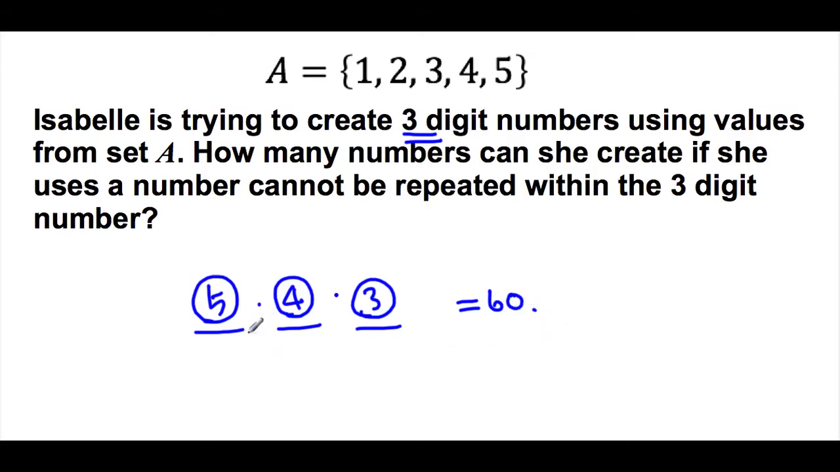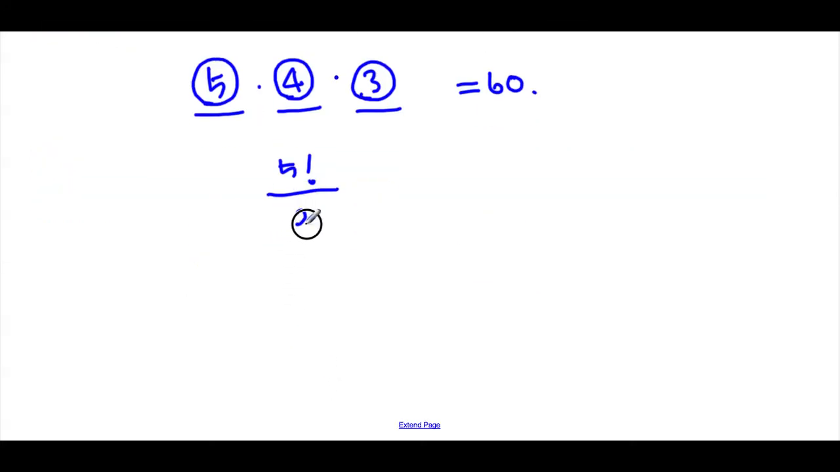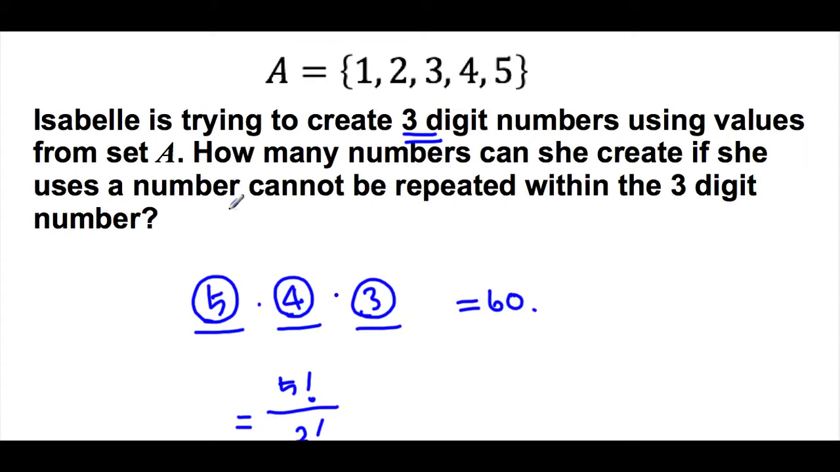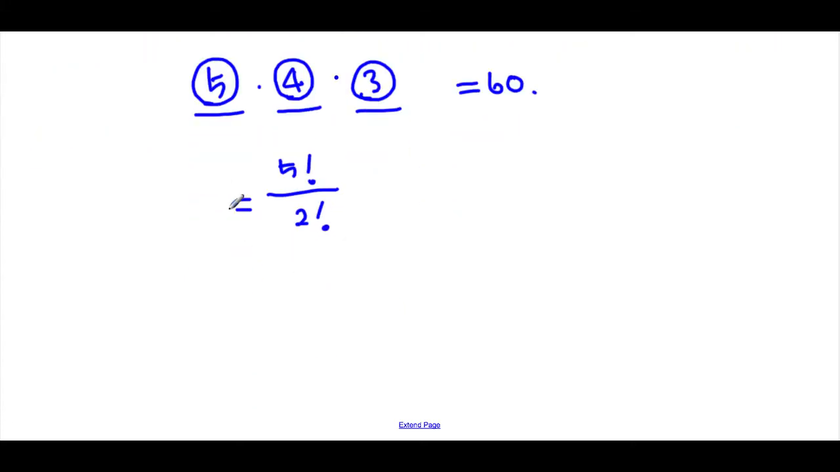But okay, great, we got 60, but we cannot actually describe this one as 5 factorial, isn't it? Because 5 factorial would have been great, except that we don't have 2 and 1. So in fact, what we could have done was divide by 2 factorial, because 2 and below is not connected. Now, this is also a very popular expression, so what we have done was use something called permutation. The meaning of the word permutation is arrangement. So basically, we can express something like